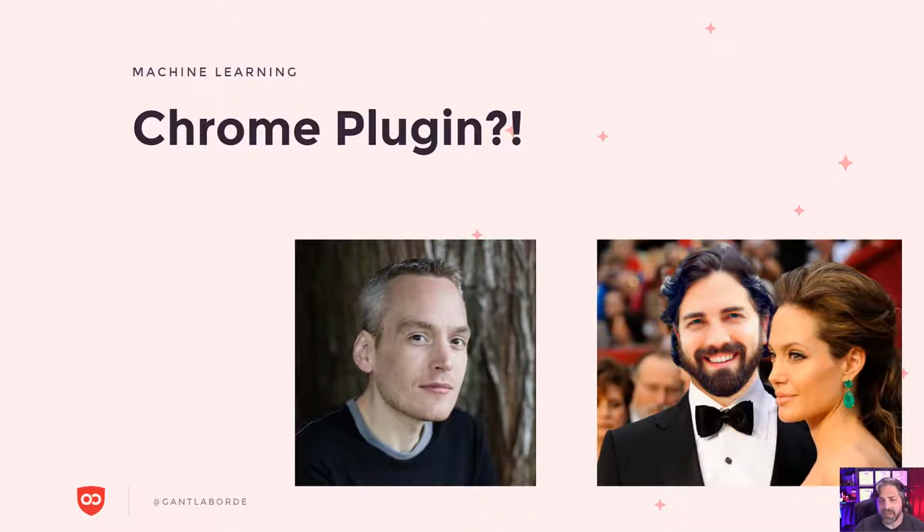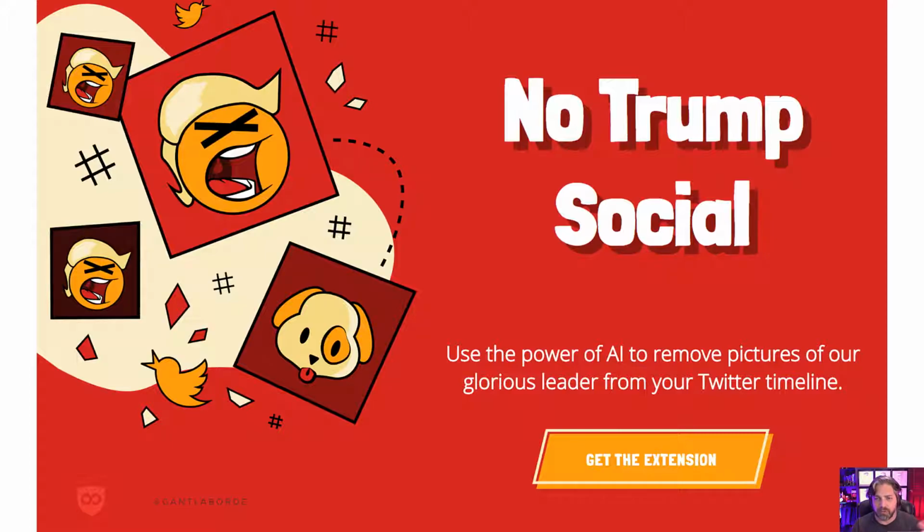And he said, can we block pictures of our president? He's like, I still want to stay informed. I just want to go ahead and not see him as much. And that's when we came up with No Trump Social, which turns pictures of Trump into puppies. So you can still stay informed. You can know what's going on in the news. You just are suddenly inundated with a bunch of pictures of puppies in your news feed. And that makes your life just a little bit more tolerable during these difficult times in the US where everybody's yelling at one another.